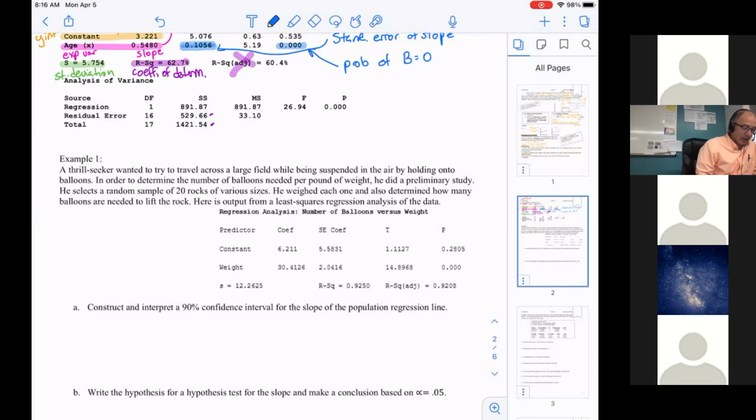Okay, so again, this is the number of balloons versus weight. We can see that here is weight. So this means that this is my explanatory variable. So I'm using weight to explain the number of balloons. Just as a refresher, this is not anywhere in the problem, but if I was asked to predict the number of balloons, so balloons hat is equal to,